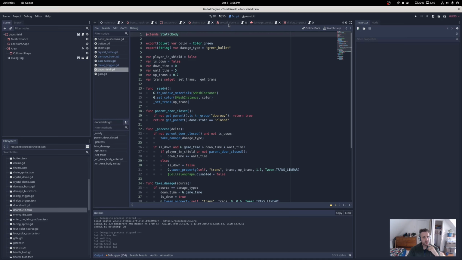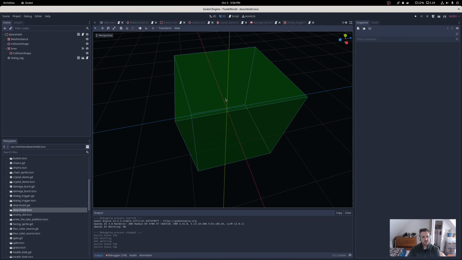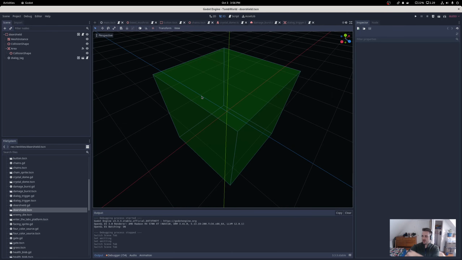We've got this door shield. This was very shoddily implemented and quite buggy. But if you remember all those semi-transparent green volumes in front of doors, these are literally just a separate object which is childed to the door. And